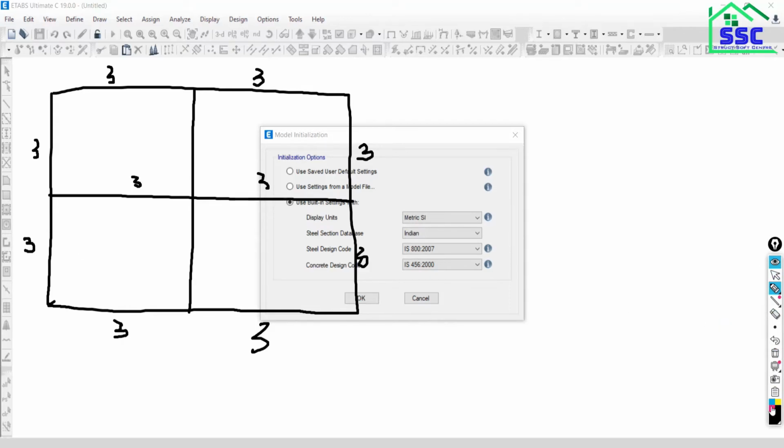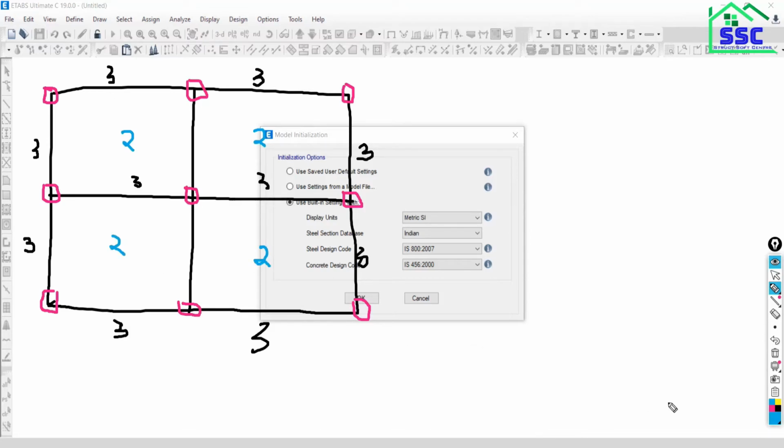Now this is the first case, and square columns are there. All columns are square. Okay, don't look at the geometry that I have drawn. Is it okay? Yes, all the columns are square columns. And the same intensity of loading will also be there: 2 kilonewton per meter square on every panel.